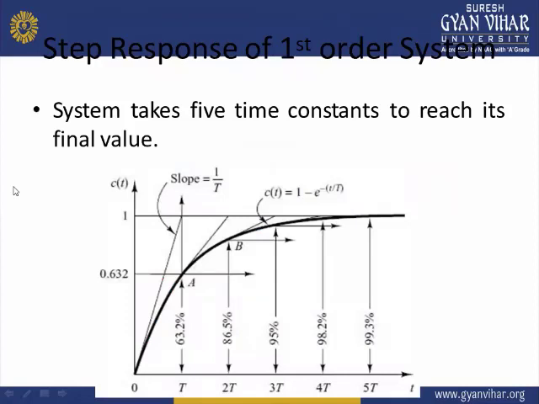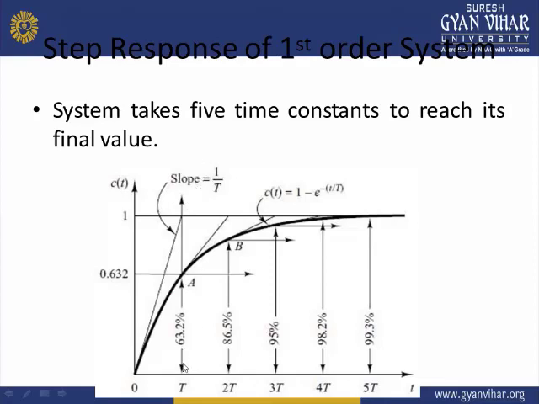Now look at this. It is giving the broad classification view of the various time constants with the error signal. Now, as we increase the time constant from T to 2T to 3T to 5T, we are getting the time constant slope as given by this one. If we draw a tangent from this location, we are getting this slope. If we draw the tangent for 2T, we are getting this slope, and so on for 5T like this.